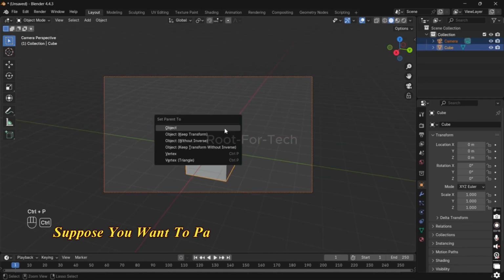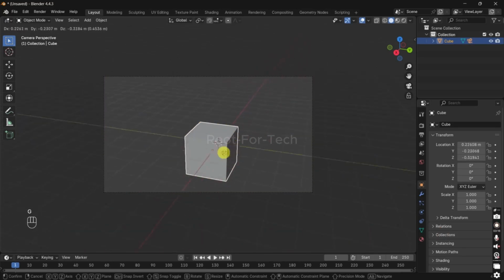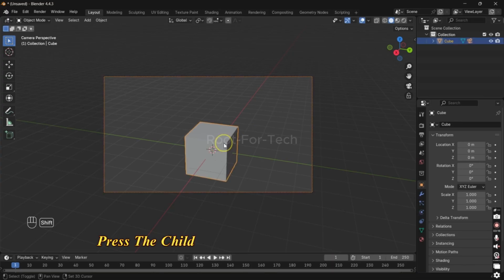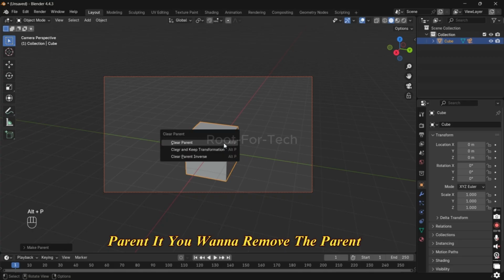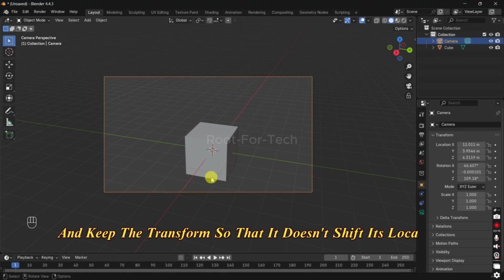Suppose you want to parent it so that it moves along with it. See, select the child, Shift, select the parent, Ctrl P, parent it. If you want to remove the parent, Alt P, clear parent and keep the transform so that it doesn't shift its location. Okay,